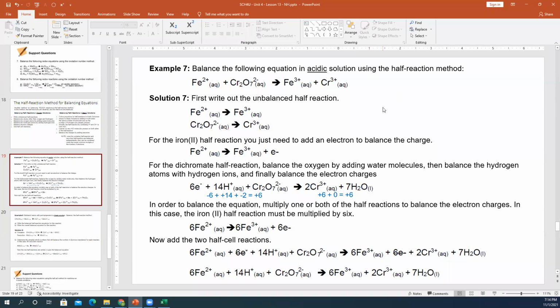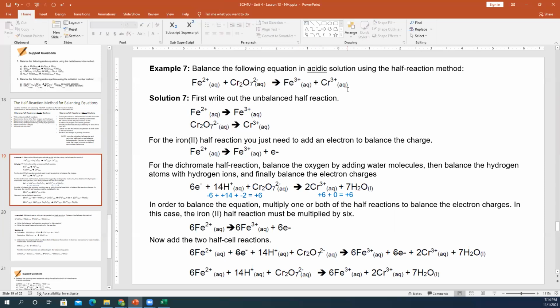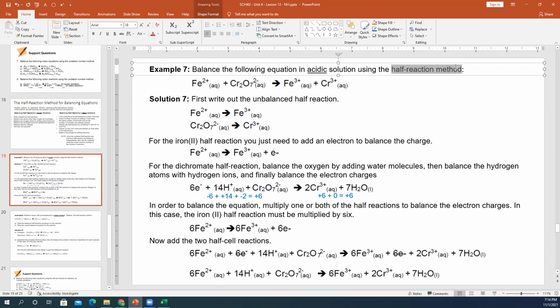So here you have an equation of iron ions being added to dichromate ions. And you have reactants and you have products. It's being indicated that this is taking place in an acidic solution, and you are asked to balance this equation. And again, this is not a simple equation that you can just visually do, so you have to go through those prescribed steps. So using the half reaction method, which is what is being asked in this question,